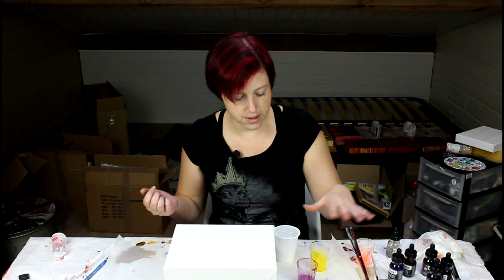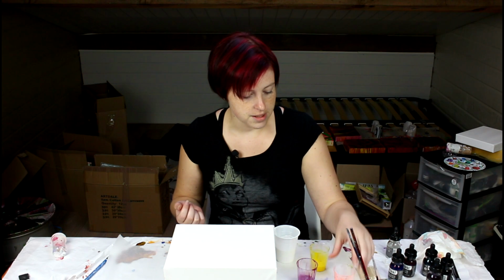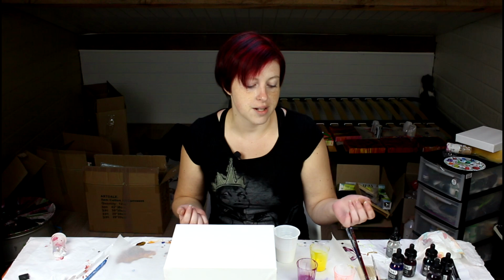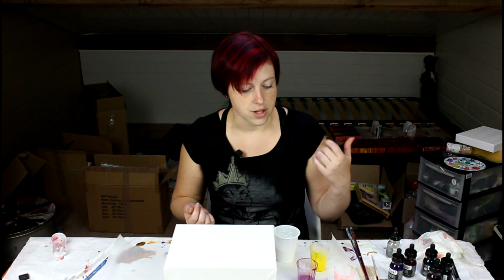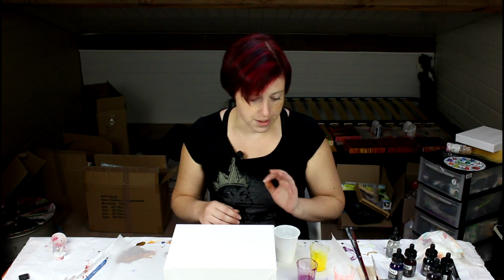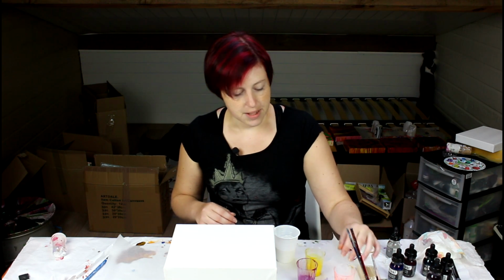Note that all the colors I'm using have very light pigment density. The fluorescent paints are tinted pigments. That means they're not super lightfast, but with a good coat of varnish and all that stuff, they can last for years and still be beautiful. And the density of these pigments...